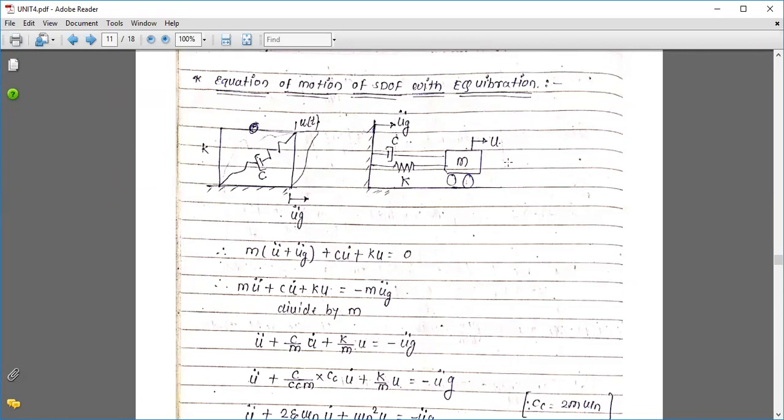When a constant force is applied, what will happen? The time period is constant, and the force is continuously applied to that system, so there is some integration part. At time t equal to 0, the initial displacement and velocity are both 0, so in the constant force case only the third term remains, that is the Duhamel's integral term. Based on this we solved derivation number 1, for the constant force. Again, based on this we calculated for the rectangular force also.